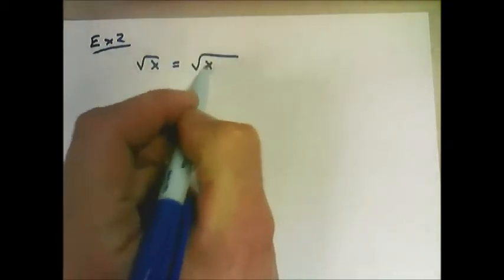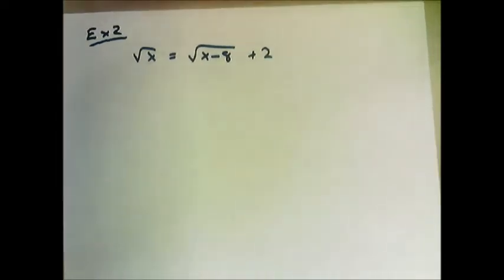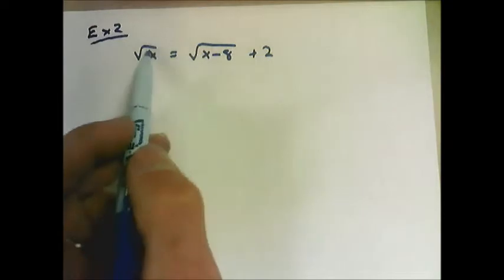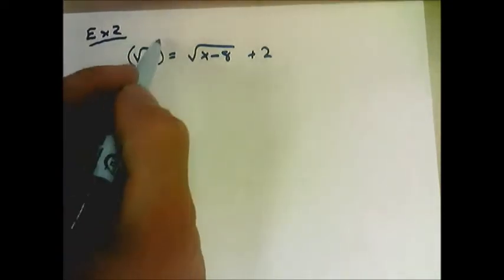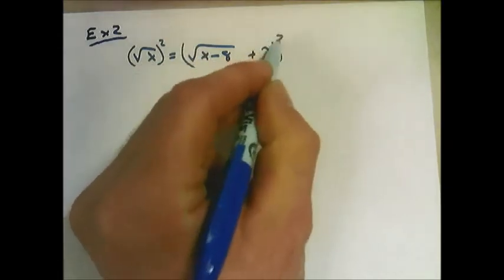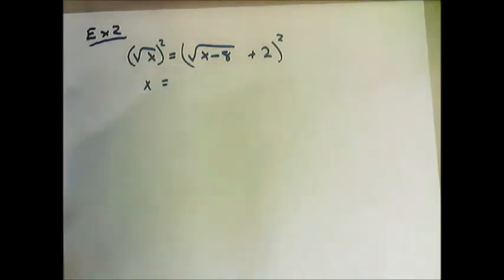Let's go ahead and look at example 2. In example 2, let's take the square root of x equal to the square root of x minus 8 plus 2. Now, notice I have a radical on both sides of my equal sign, so I can go ahead and square both sides. So I take the square root of x and square it, I end up with x equal to,